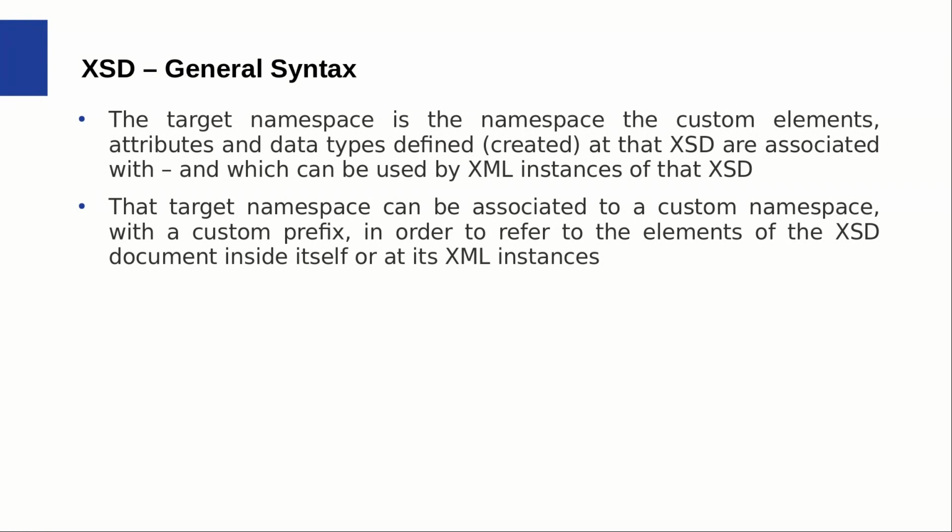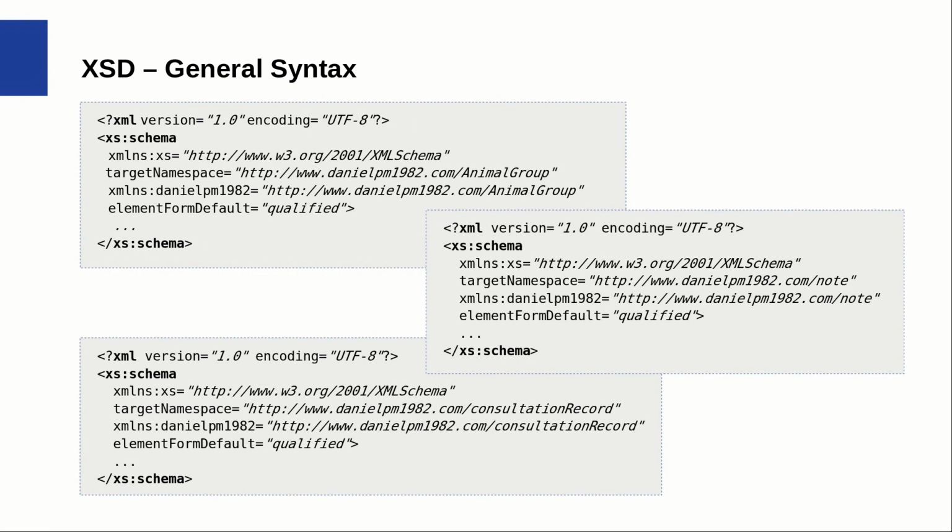So in order to have access to the target namespace, you have to create another namespace with the exact same URI and link that to a custom prefix, for example, the DanielPM1982, either at an XML instance or at the XSD document itself. And here are 3 examples of XML schemas or XSD files with the prologue, the 3 of them, as well as with the schema element